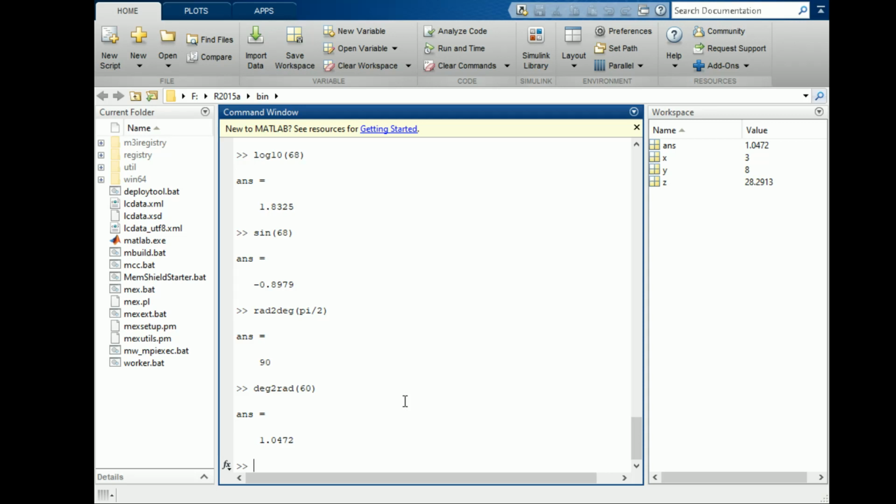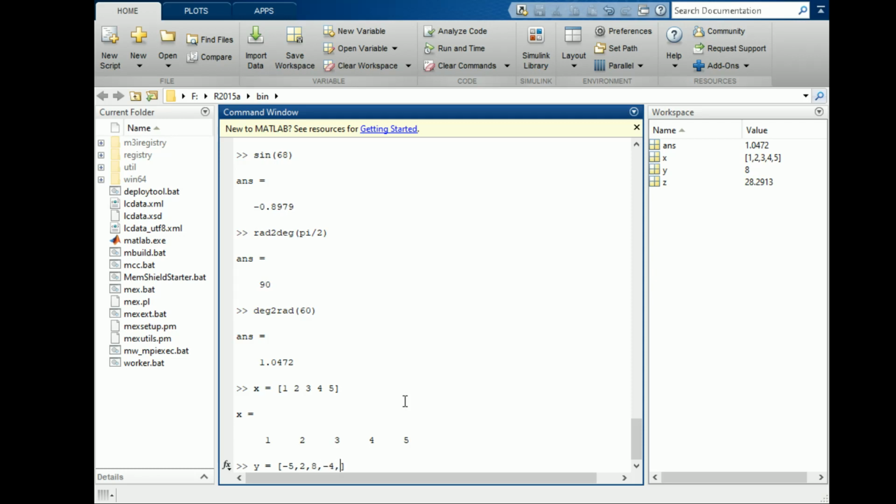Let's create an example here by typing vector x equals, and when we type vectors, they must be inside square brackets. It's very important. And we can separate the numbers either by a space or with commas. I can do the commas in y. I'm going to say -5, 2, 8,